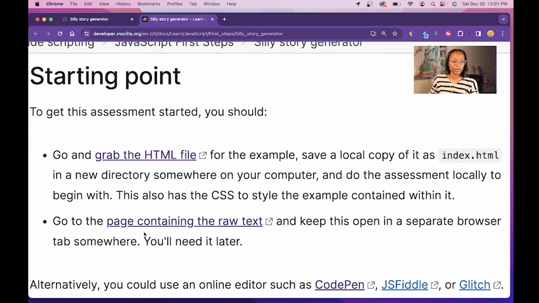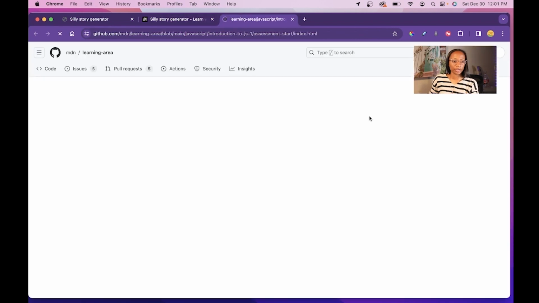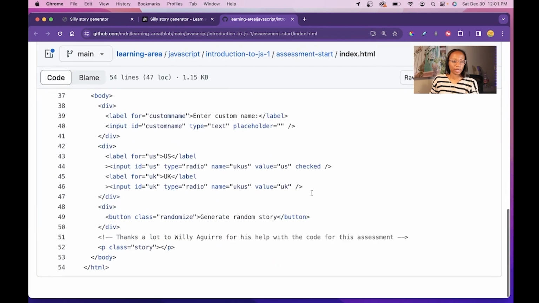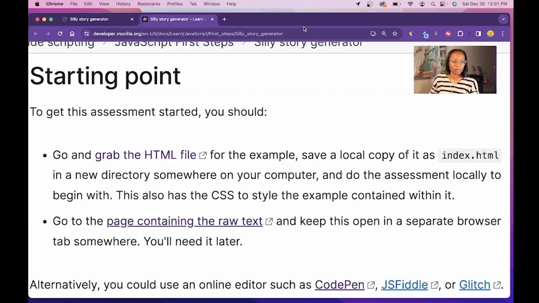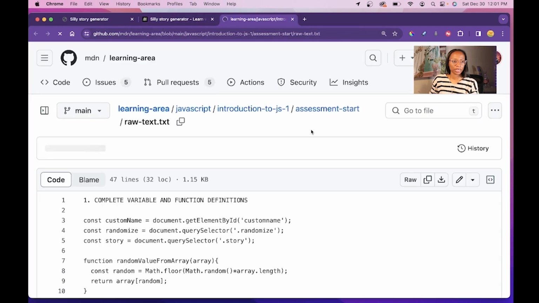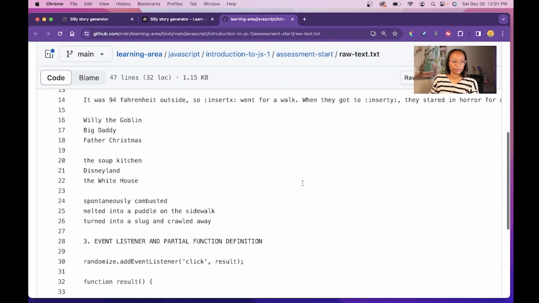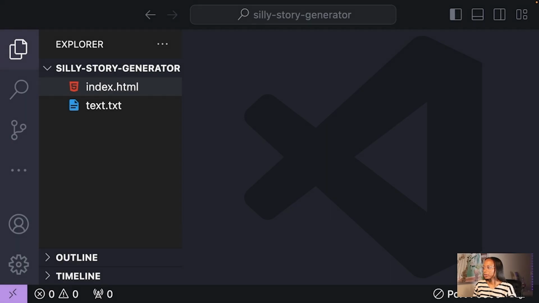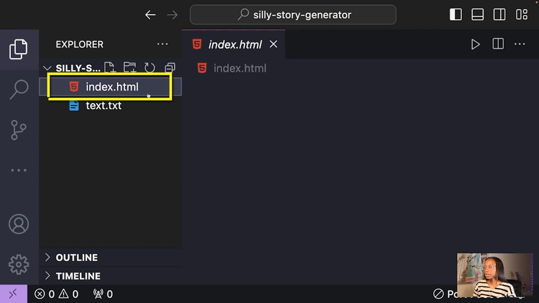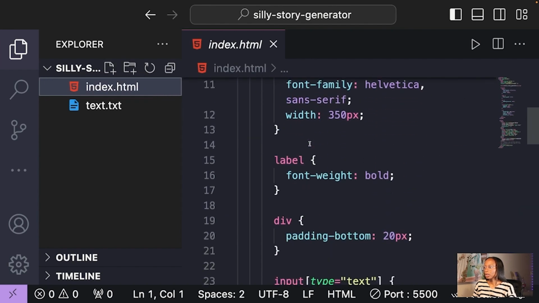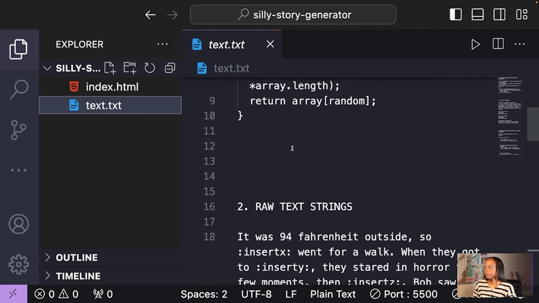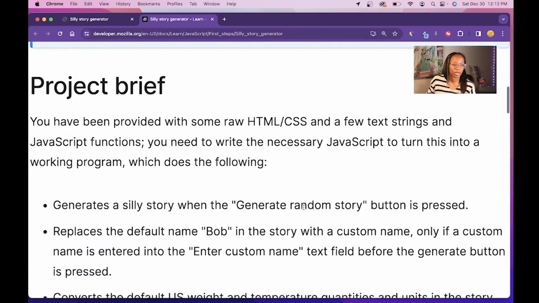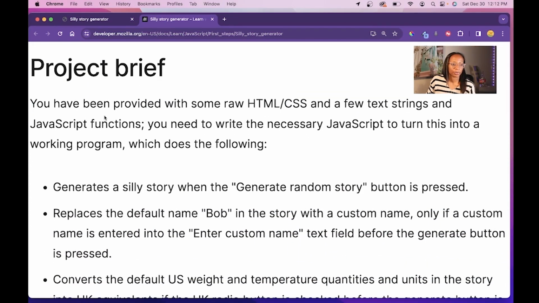And this is what the files look like. So this is the HTML file in a GitHub repo. So it's this file, and then it is the page containing the raw text. So I already have these files locally in my code editor, the index.html file and the file containing the raw text. So down a little bit more, there is the project brief, and it says you have been provided with